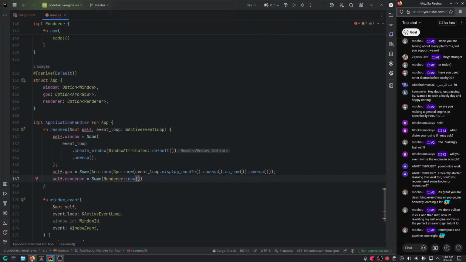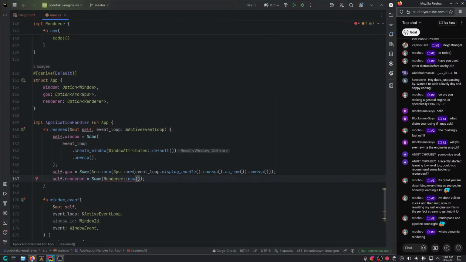Render pass and pipeline soon, right? The good news is I'm not gonna bother with render passes and frame buffers because I'm gonna be using dynamic rendering. In fact, I'm not even gonna need pipelines right now, since I'm just gonna clear the window first, so I can give you something to look at on the screen. Then we could worry about creating the pipeline and shaders and so on. The regular tutorial would do that, but we're using some modern Vulkan extensions, which would make our job way easier.